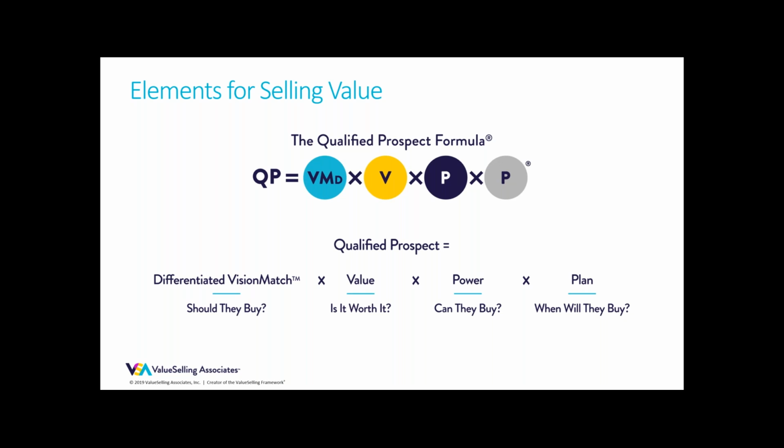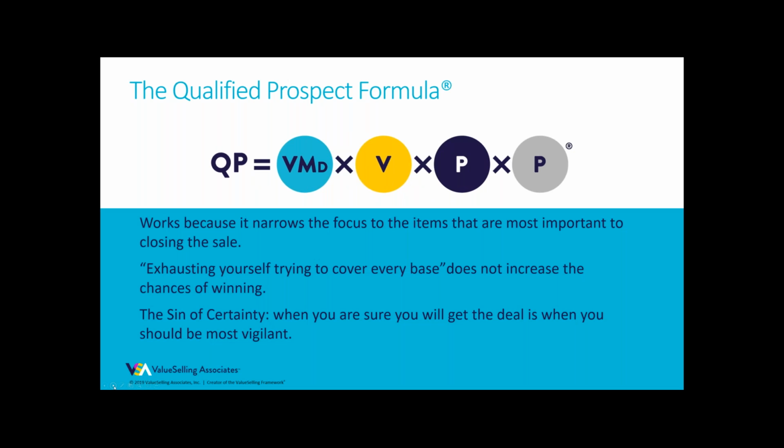These four dimensions make up the foundation of the value selling framework. And the interesting part about qualification is it's never a one and done thing. Things fall in and out of qualification all the time. Things change. I've been on my way to pick up an order, physically pick up a purchase order that I had been told was sitting on the desk of my buyer, only to find out that that day that buyer was put on a reduction in force and let go. And they called me to let me know that the purchase order, because of that, was going into the shredder.